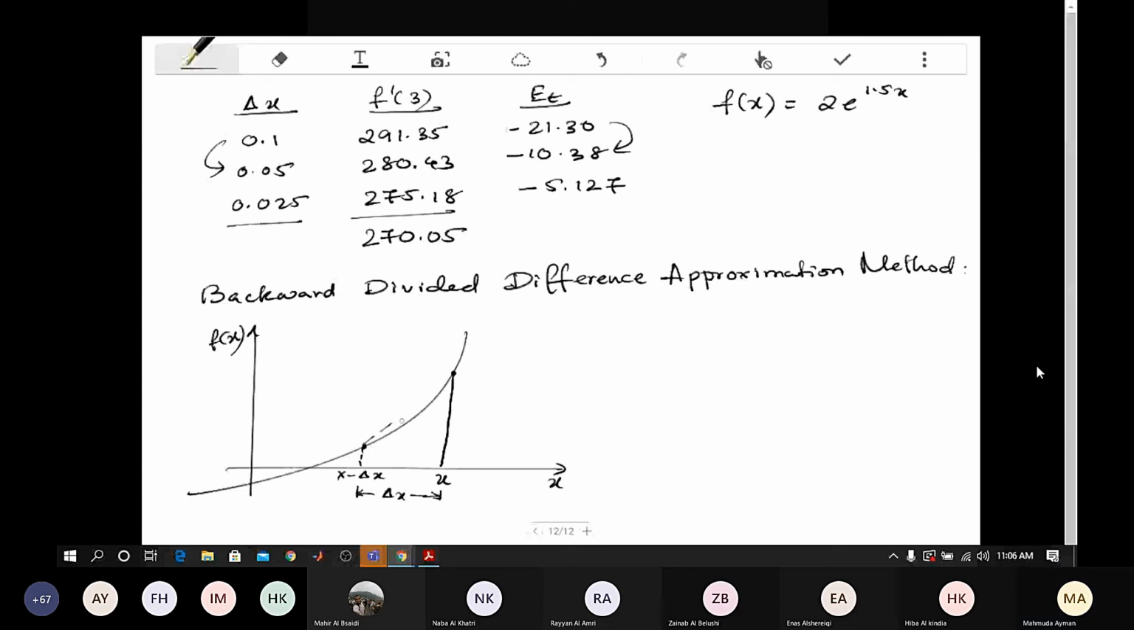Okay, and from here to here to find out the slope. So here we have the rise, and the rise is f of x minus f of x minus delta x. And for the run, as you can see, it is delta x here, right? So that's the run. So now again, we'll go back to the definition of the derivative, which is f dash